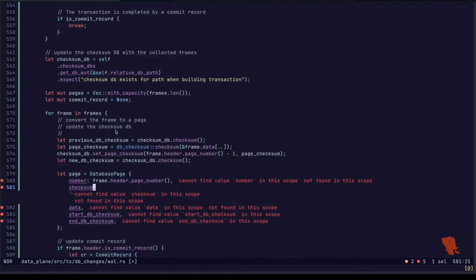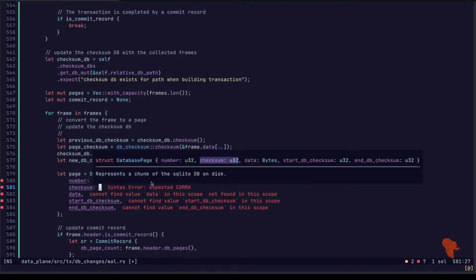Checksum. This is of the data itself. Excuse me. All right. So this is of the page. Okay.